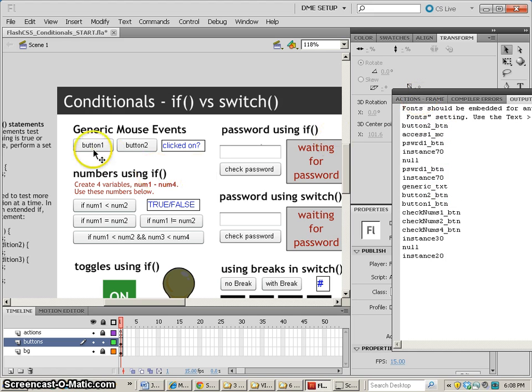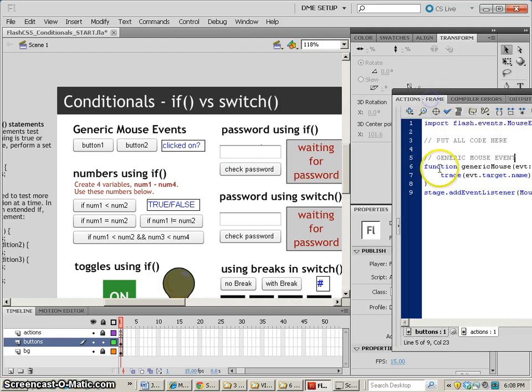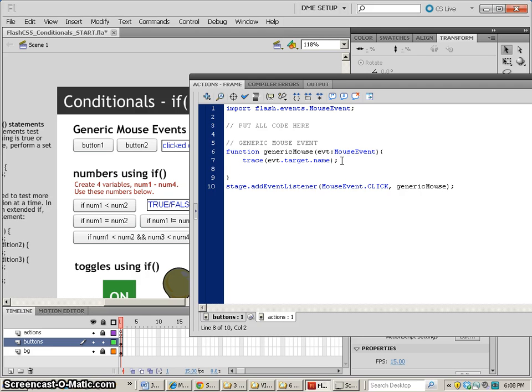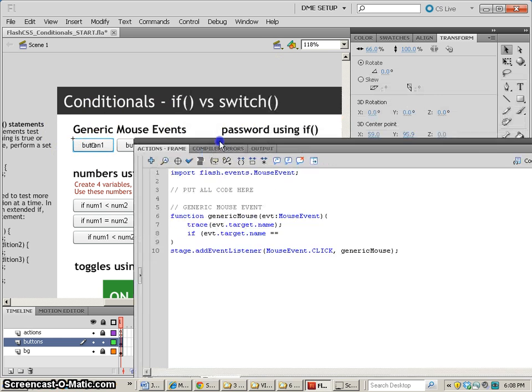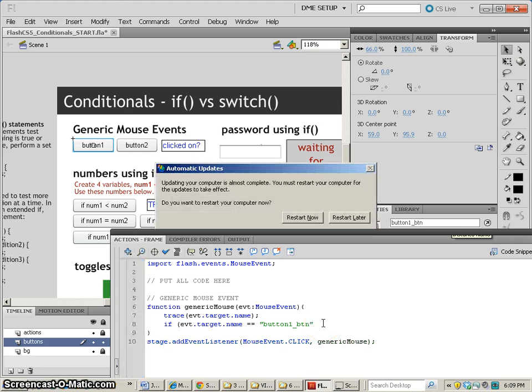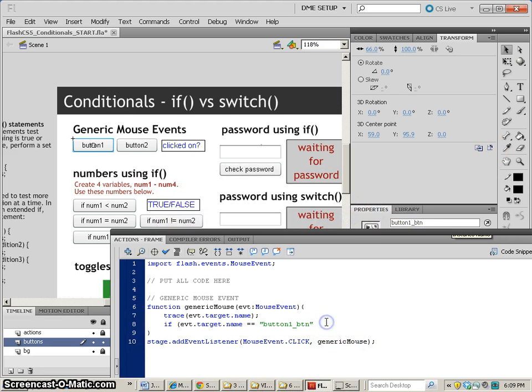Now what we're going to be doing here is setting this up so that we can use a conditional statement to find out if it is a certain name. A really simple way to do this is if the event.target.name equals something in particular that we want it to be, and we have to do a double equals as a comparison operator. And the first one we have here is button1_btn. If it equals button1_btn, and that is a string that's there,